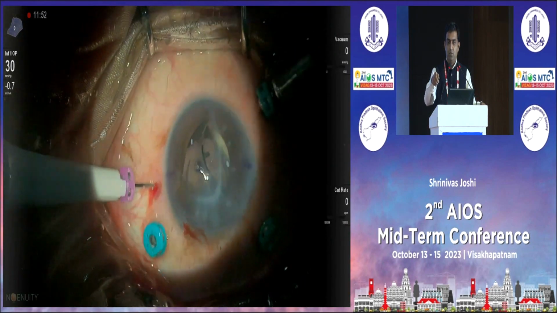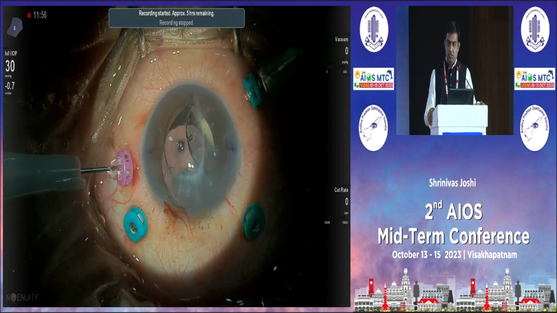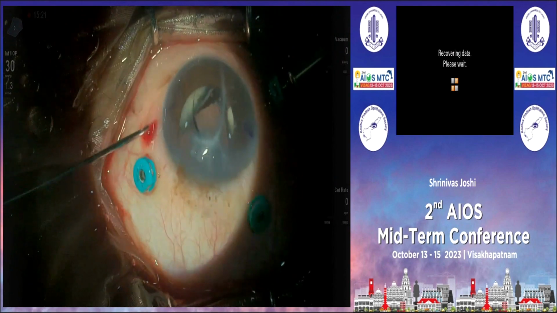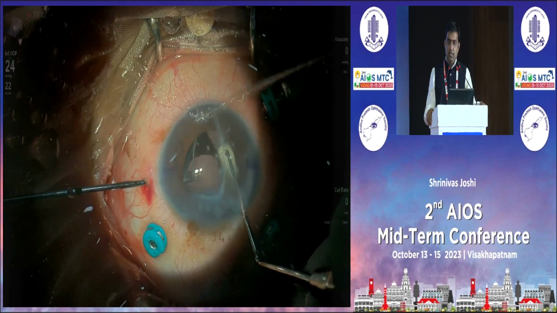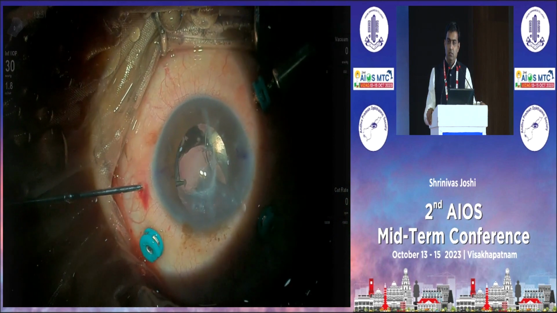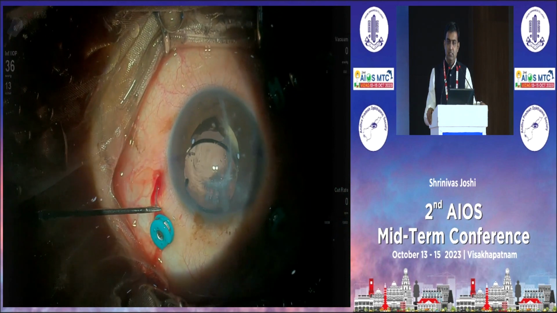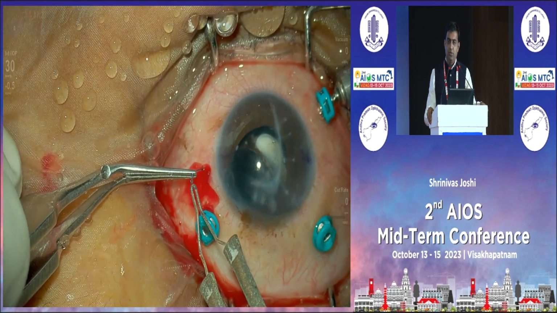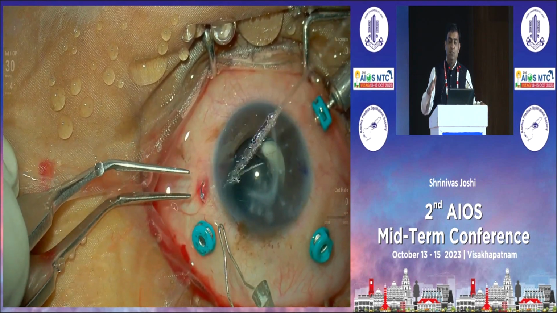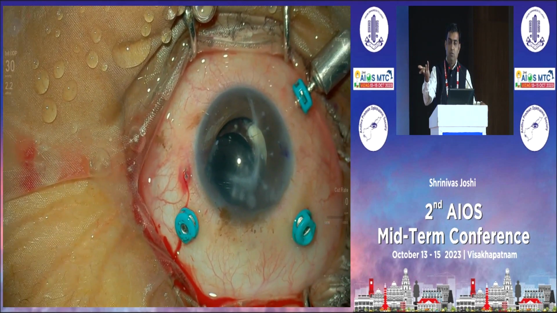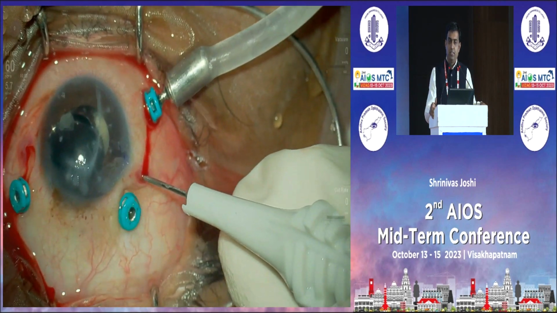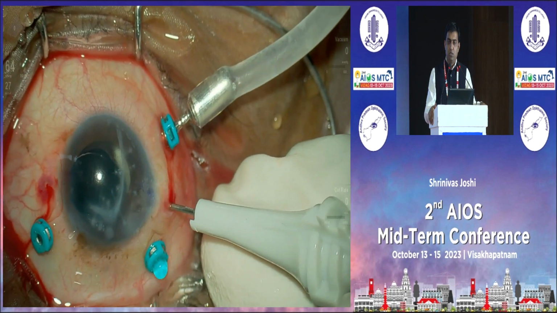Now you can see here I am using a 27 gauge trocar cannula, and I make a small Z entry there and then catch hold of that haptic, bring it, externalize it, and you can just flange it, or you can say this modified Yamane technique kind of thing. Because I didn't want to explant this IOL because the IOL was of the correct biometric calculation. So it had just slipped away, there was no back support because of trauma.